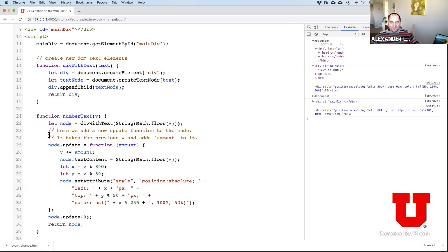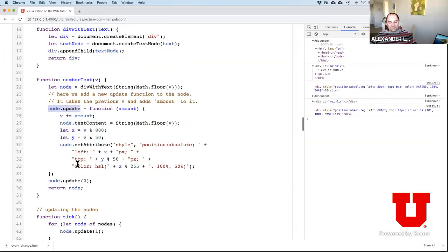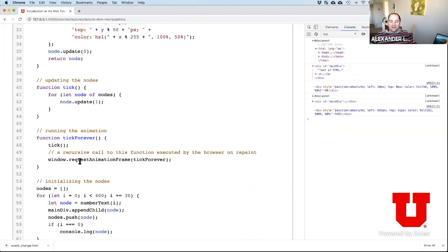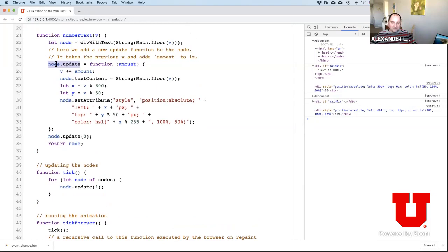The only difference here, what is unique, is that, as you remember, in JavaScript, since it's kind of like a prototype-based language, we can actually add new functions to elements, including DOM elements, at runtime. So here I'm retrieving this text element. I'm calling it node here. And then I'm adding a new function to that node element that updates its position and its color according to some simple formula that I run down there. But the key part about this simple example is that I am actually adding a function